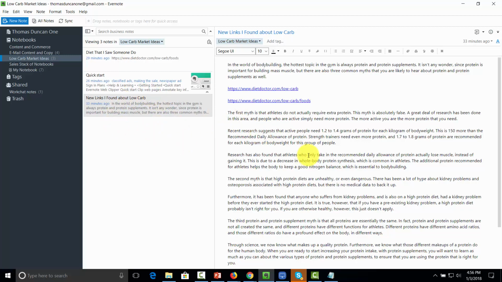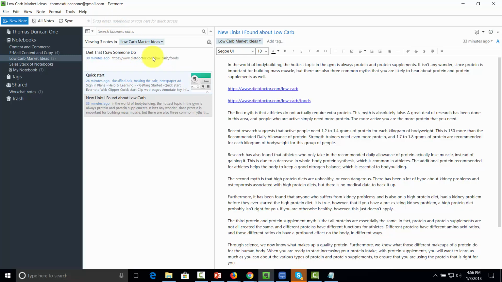The second one is to actually create a table of contents. And the way that you're going to do that is you're going to need to use the desktop app to complete this. Now you'll notice that we are inside of our notes view, inside of the notebook that we are